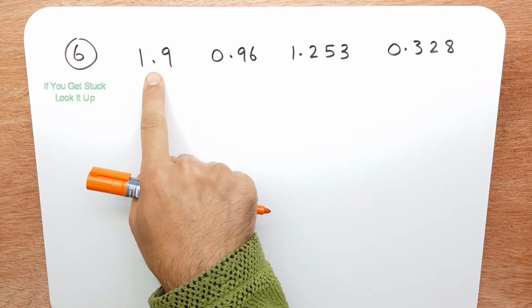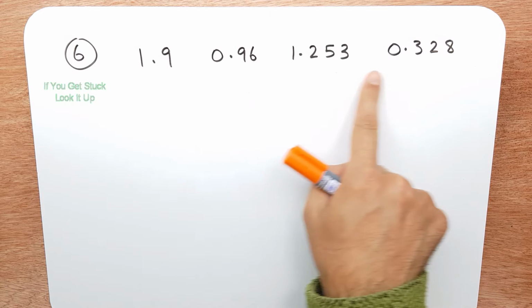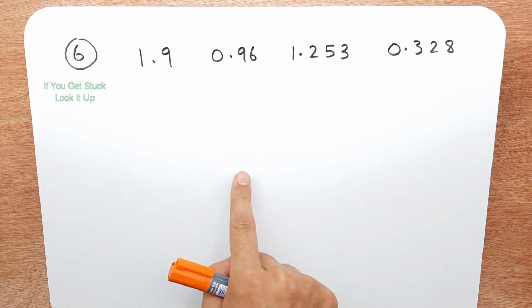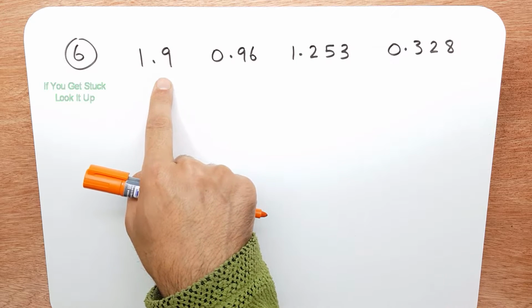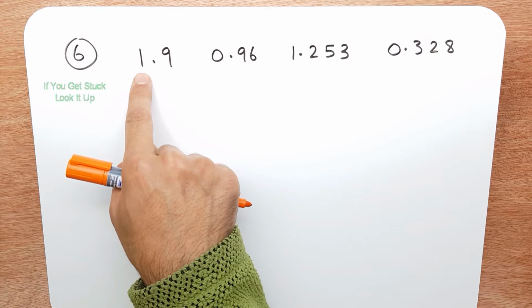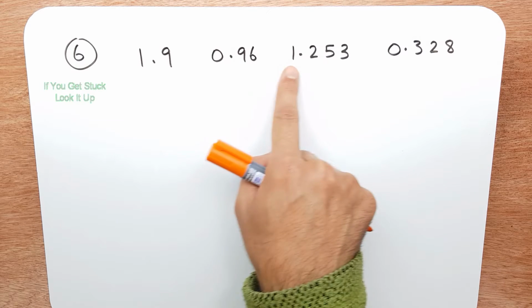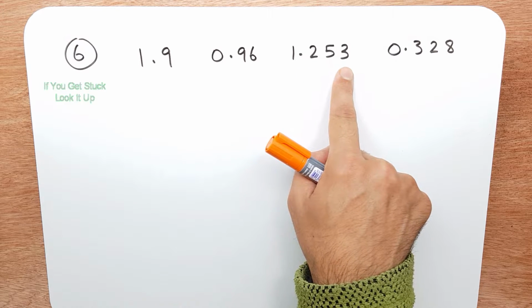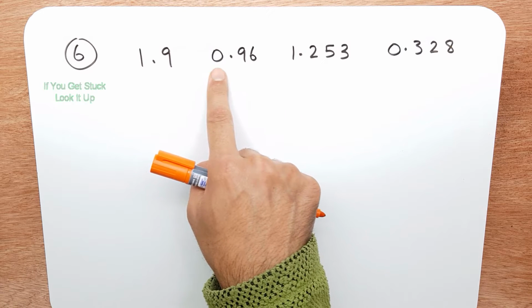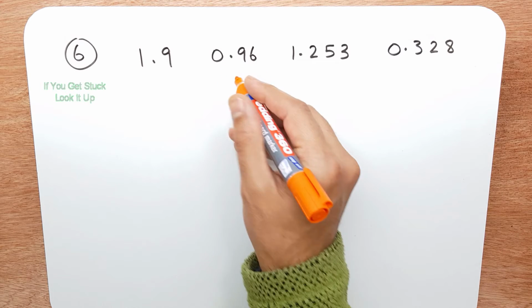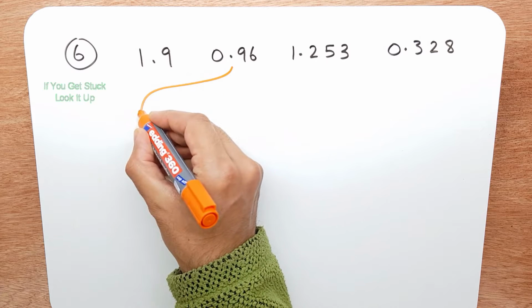Question 6, we're given 4 numbers, and we have to put them in order, smallest to biggest. So what I'm going to do is look at this carefully. I can see that's 1.9 and that is 1.253. I know the 1 point something is bigger than the 0.96. So what I'm going to do is compare